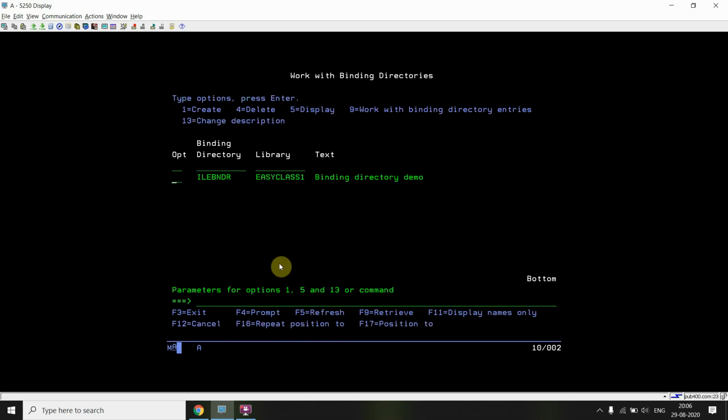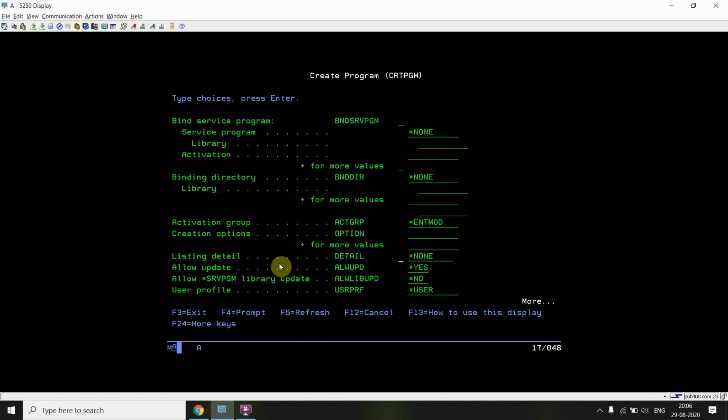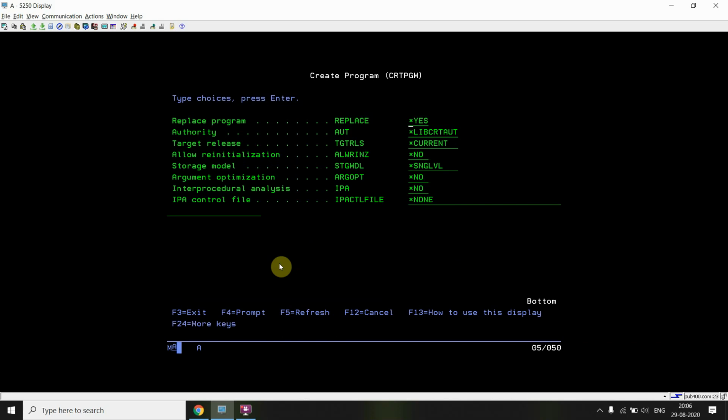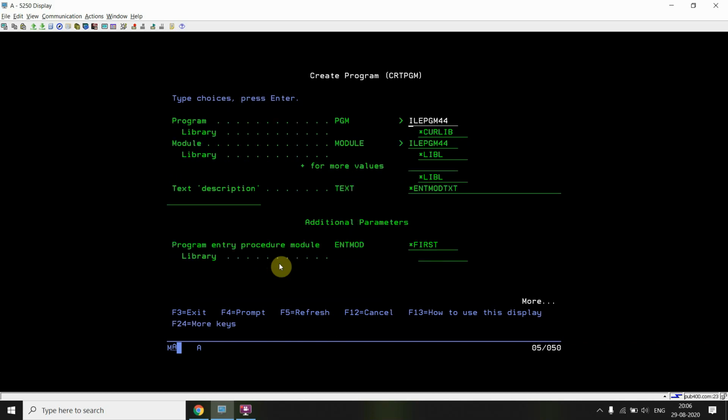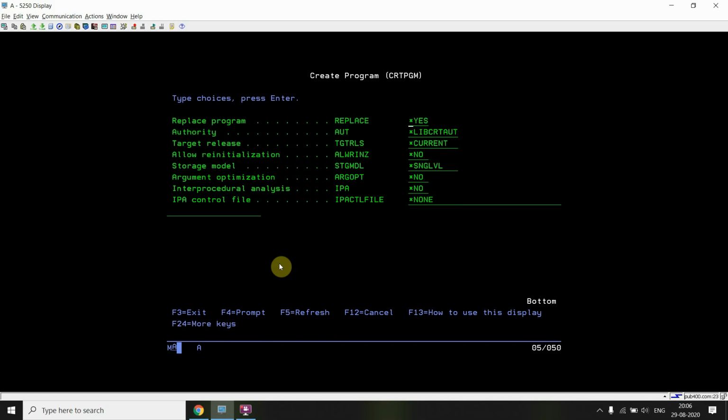Another thing I can go for, let me check, is the activation group detail, allow update. No such option here.